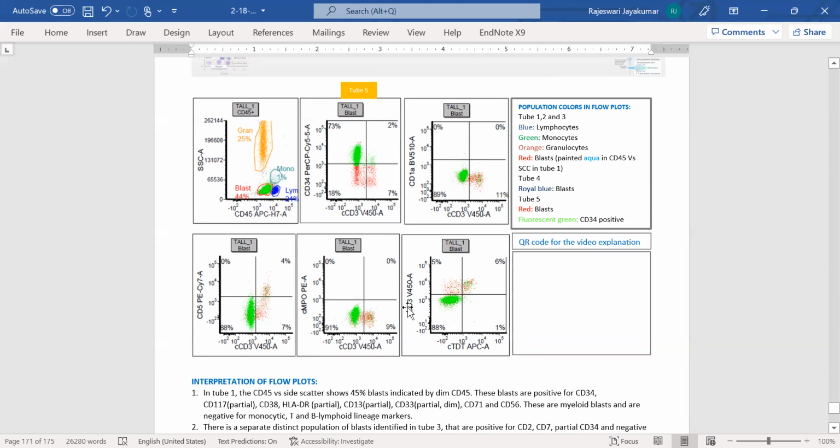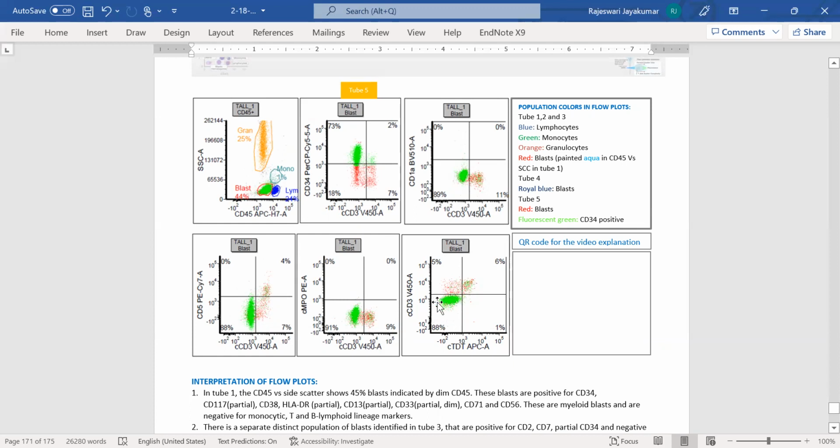And here in the cytoplasmic CD3 and TDT tube, we see a distinct population. That is almost 6% of all the cells, or if we include both the cytoplasmic CD3 positive and the TDT negative cells, it would be around 11% of the cells. These express cytoplasmic CD3 and TDT, which means these are immature T cells. And with the previous plots, we also saw this distinct population, which again expressed CD2 and CD7 and did not express CD4, CD8, or surface CD3. So this is consistent with a separate population of immature T cells